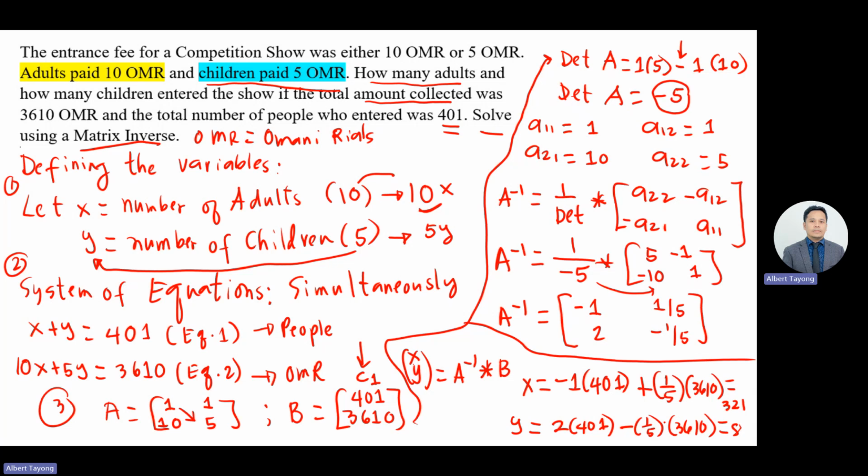So 321 plus 80 is equal to 401, which is correct because the total number of people actually is 401. So please check the values in your calculator. The value of x is 321, number of adults, and the value of y is equal to 80. And you can plug in the values in the first equation, which is equal to 401. And you can also plug in the values of x and y in the second equation, 10x plus 5y, that is equal to